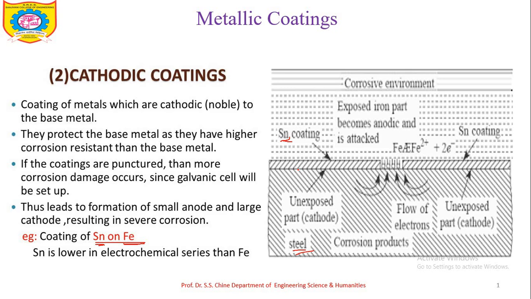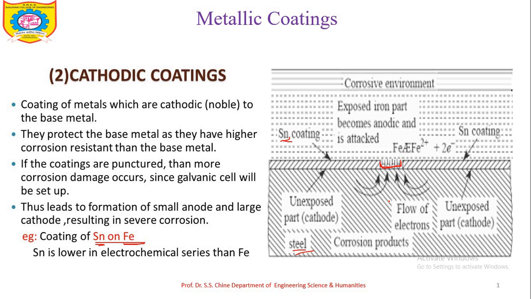But if this coating gets ruptured or some damage is there, then what happens? So look at this. Suppose this much part is ruptured. Okay, this much part of the coating is ruptured. So what happened? This red color part which I highlighted is now exposed to the corrosive environment because this much part of tin is removed. So there is formation of a galvanic cell. Okay, so which one will act as an anode and which one will act as a cathode?